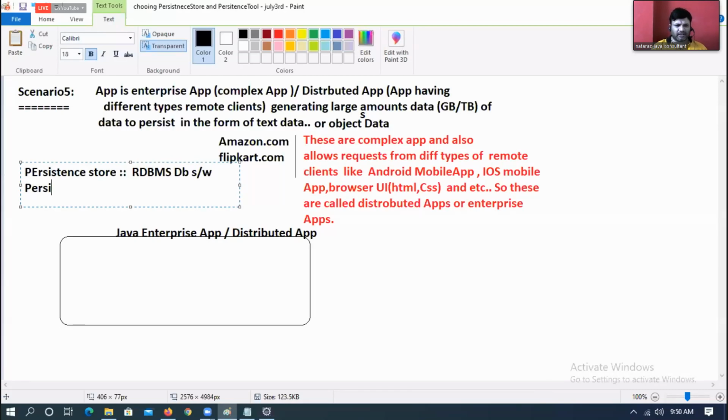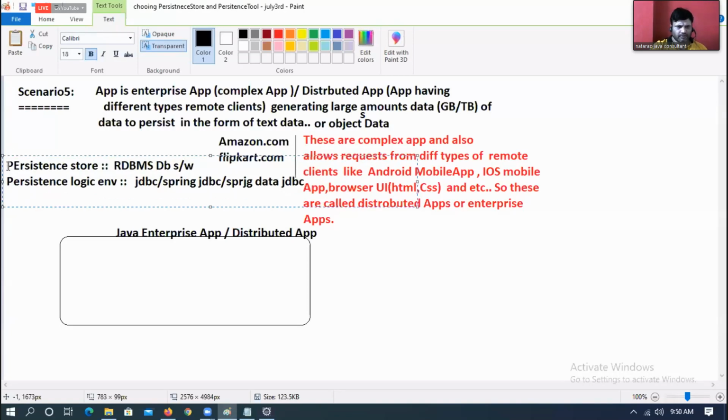Persistence logic environment: JDBC, Spring JDBC, Spring Data JDBC, in a text data environment. I said enterprise application can deal with both here.